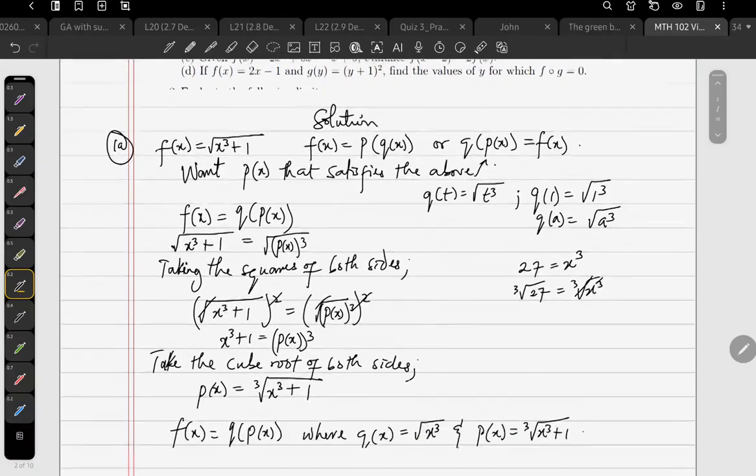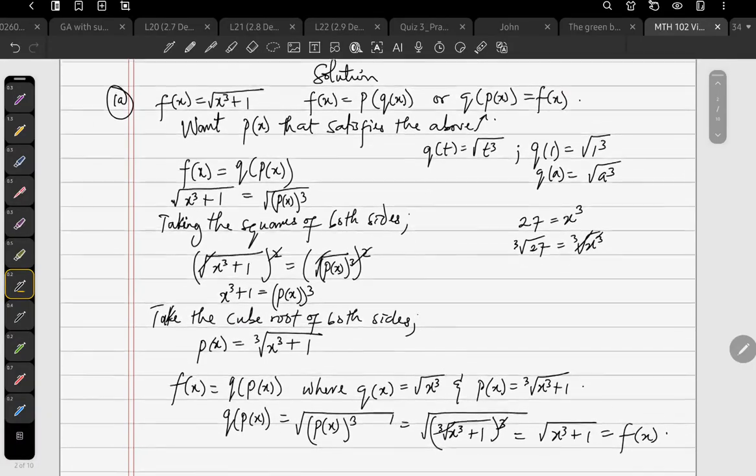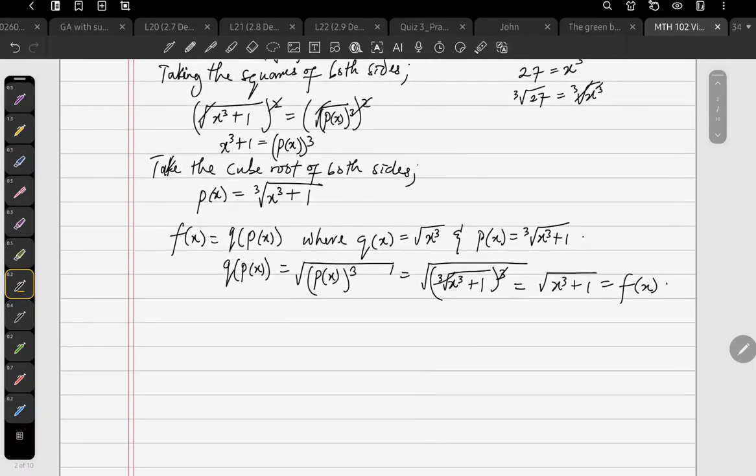Well, that is the easier way out, but on the other side, we could also find f of x as a composition of p and q in this way. How do we do that? So first and foremost, this is an alternative solution. We can observe that